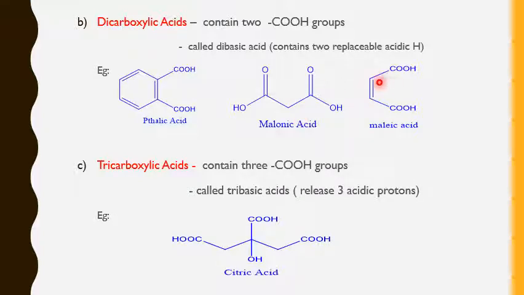And the next example is maleic acid. There is a similarity in sound between malonic and maleic, but there is a lot of difference in the structure of malonic and maleic. Of course, both are examples of dicarboxylic acid, but the main thing lies in the hydrocarbon part. Malonic consists of CH2, whereas maleic consists of CH double bond CH.